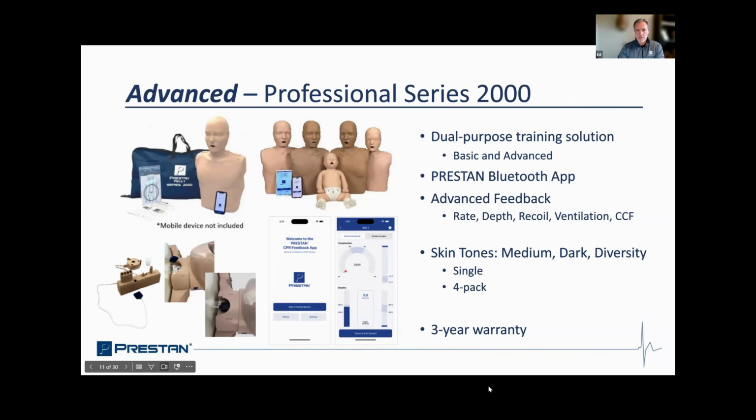Yeah, and just so everybody is aware, the professional and the advanced, the manikin is the same manikin. It's just the technology inside the manikin, as Corey mentioned, the monitor, which there's a picture of in the bottom left-hand corner of this slide, that has the breath sensor. So that's the only thing that's really different about the product. So there's a lot of similarities.